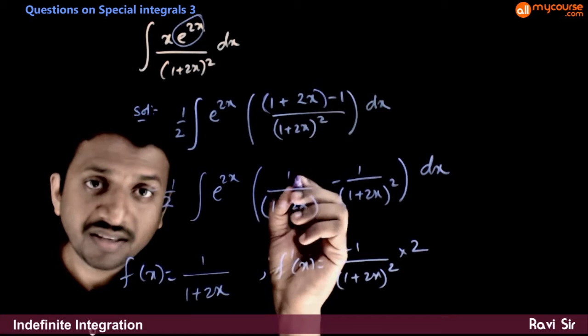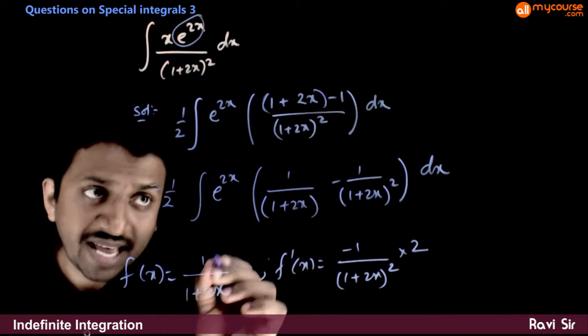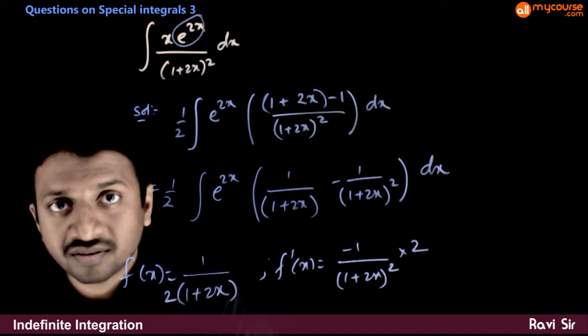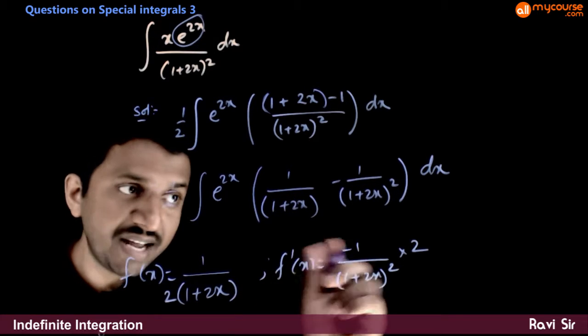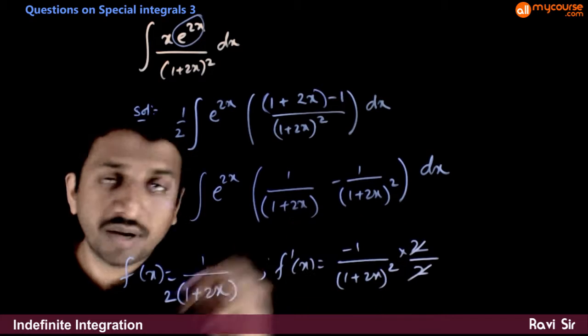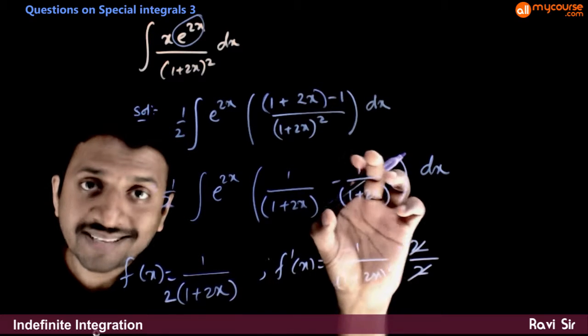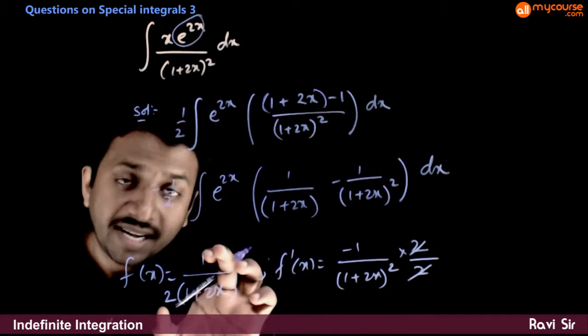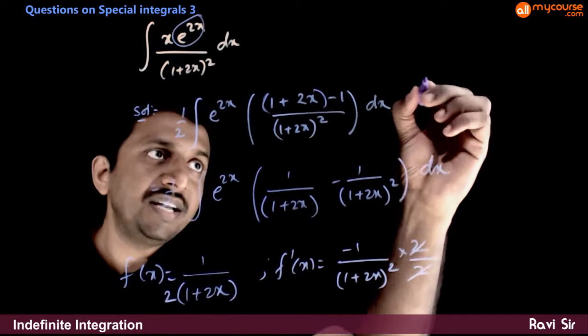So if I take f of x as 1 by 2 times this, f dash of x will be this by 2, these two are getting cancelled. So this will be exactly equal to f dash of x. So I'll take this as f of x. So this integration becomes